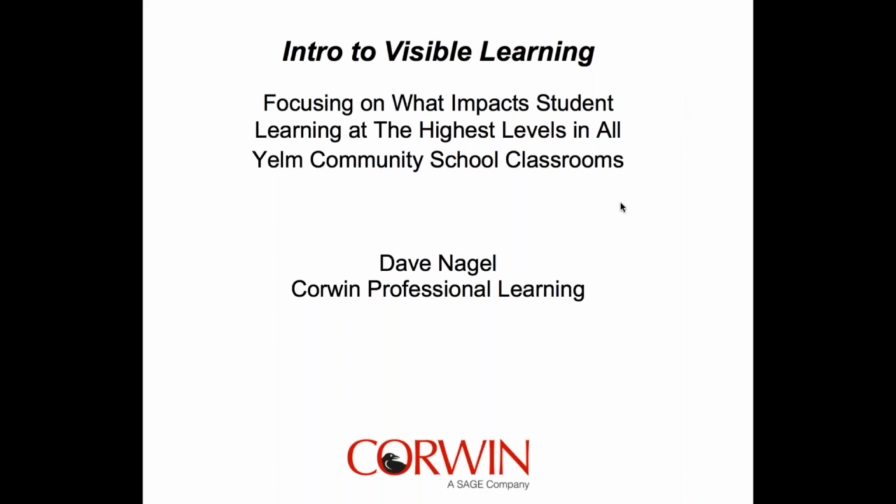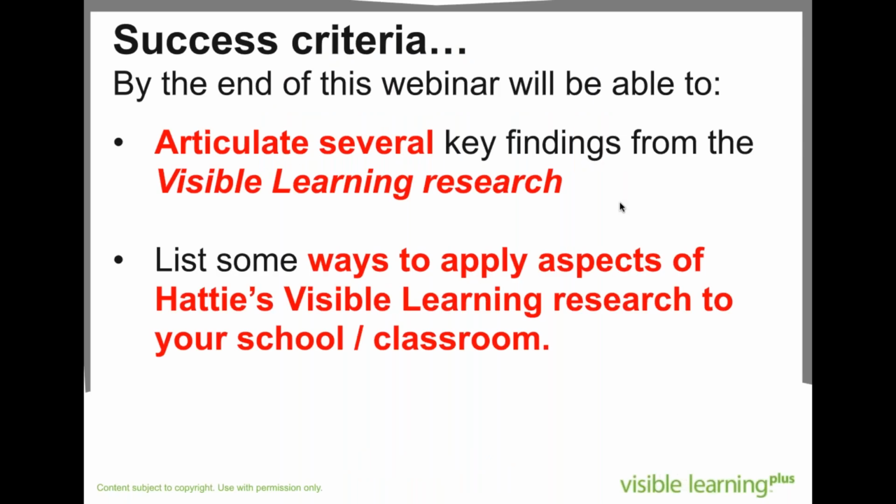As I mentioned, you have a handout that looks like this. It's broken into four parts, so we're going to be focusing just on part one, the overview of the research. Please make sure you have the handout with you because it's really important to be able to record some of the things I'm going to ask you to think about throughout these four sessions. Our success criteria by the end of this webinar is that you can articulate some of the key findings from the visible learning research